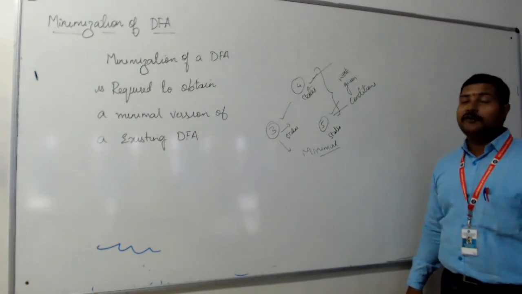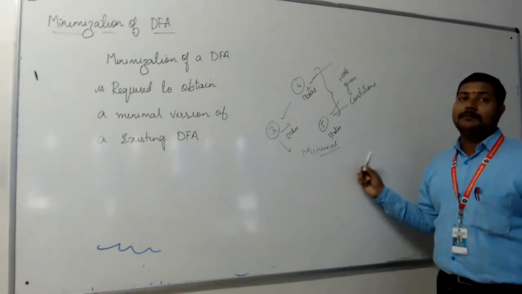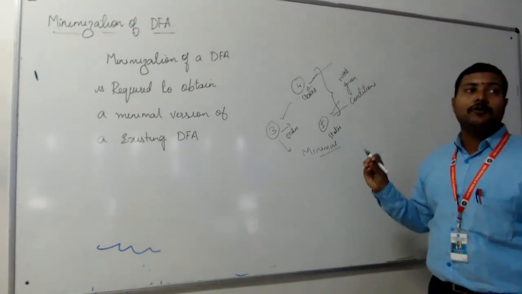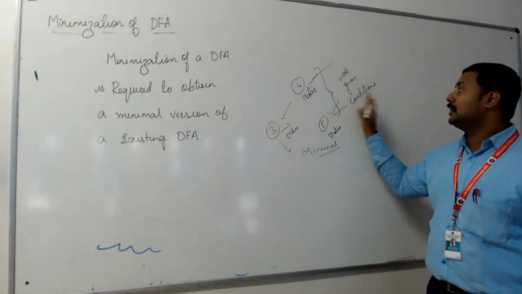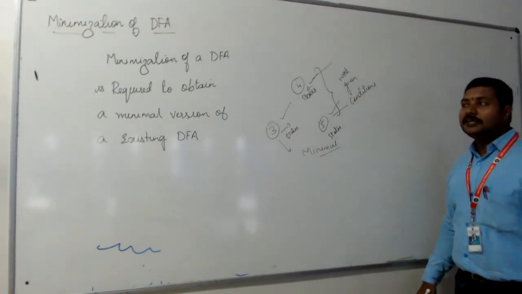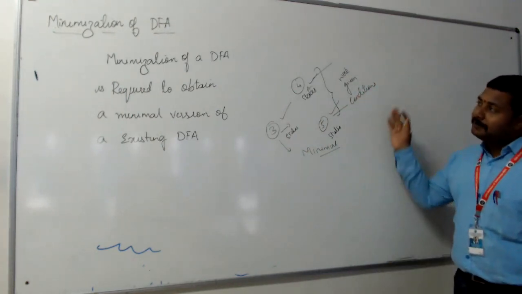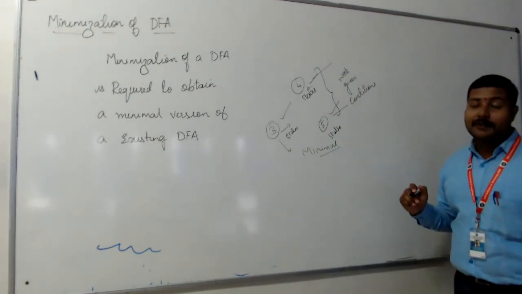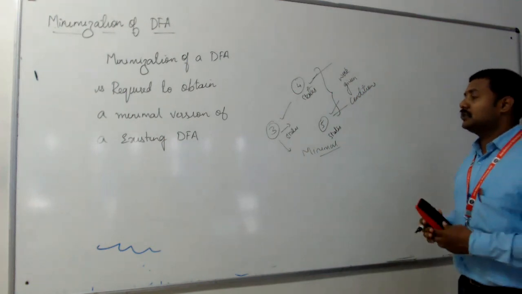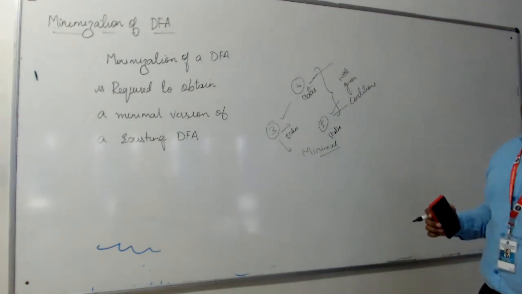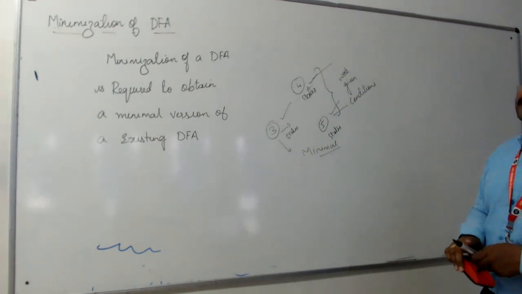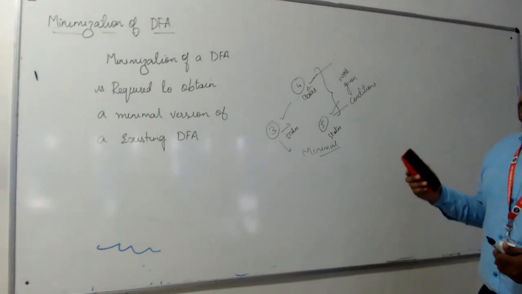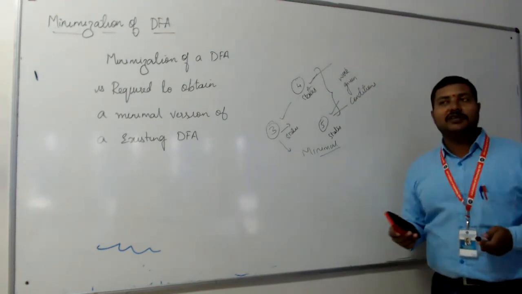But choosing a DFA to make it minimal, what does it mean? It means using the minimum number of states to design a DFA to satisfy my given condition. That is called minimization. And minimization of a DFA is required when you are going to implement it in your system, that is automata. When you are implementing some particular concepts using your system, this minimization of a DFA is very much necessary. All the problems you have solved are very simple, so even with n number of states you can solve them, that's not an issue.